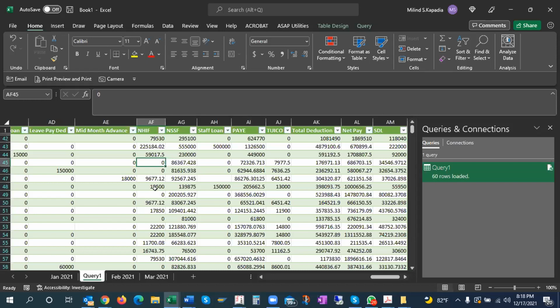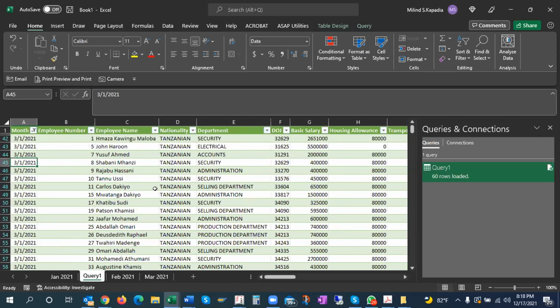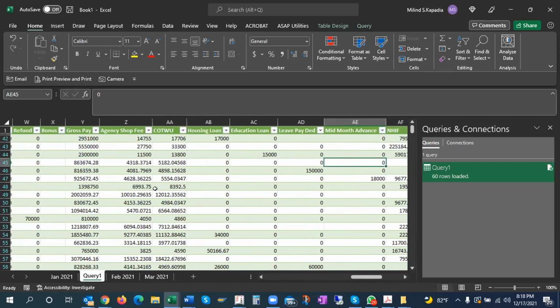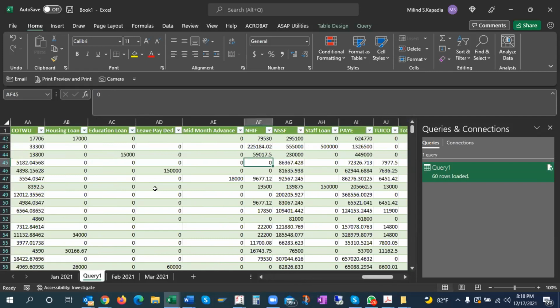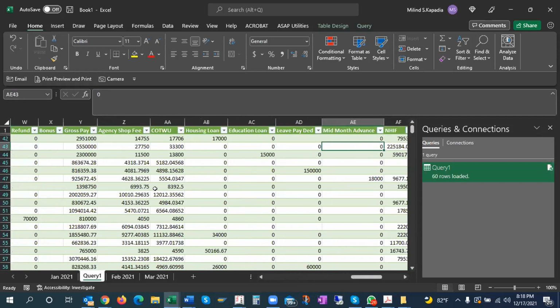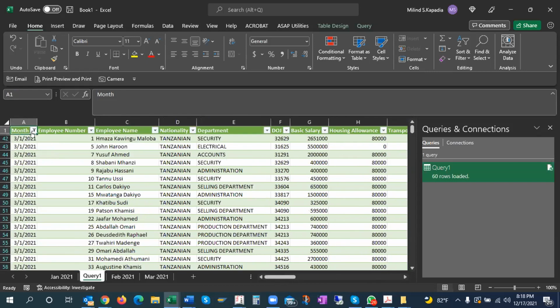So I'm not taking that right now. I'm just going with the basic of Power Queries. You're right, definitely. I mean, first we should go step by step. If we will go to last chapter or advanced chapter, then it will be difficult to understand. Right. So now there was no data here. Now it has come for the month of March. You see, now for the month of March, I have the data. It has come.